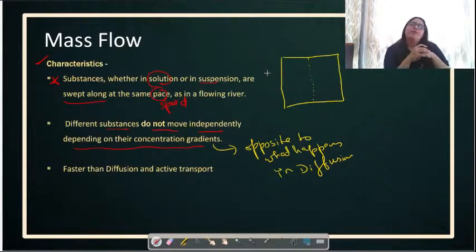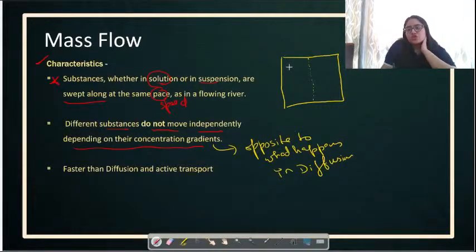I'm going to explain what a diffusion is and how in a diffusion substances move according to their concentration gradient. So if you did not attend that class on diffusion, I request you go and check out the botany playlist, and you will find the very first lecture on transport in plants. There I discussed diffusion, and one very important property I discussed is that the different substances diffuse depending upon their